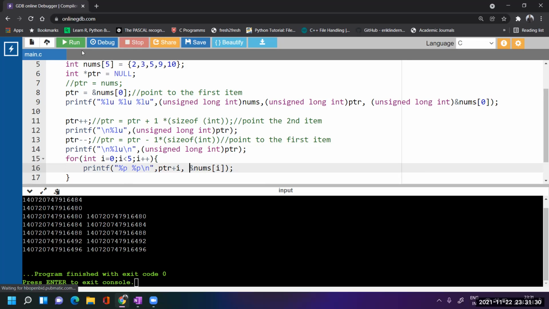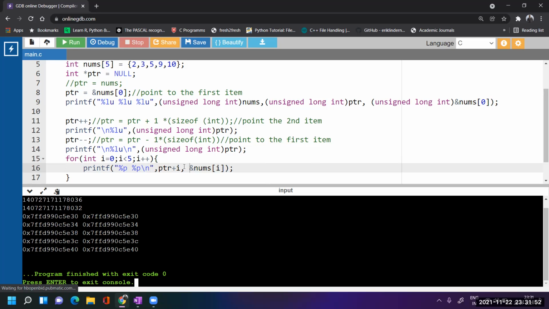Now, if I run this again, yes, now we get the perfect one. So earlier, due to the typecasting issue, I was getting these values. So now I have removed the typecasting. Now see, whatever I have told you, it is the correct way we get through the format specifier %p.